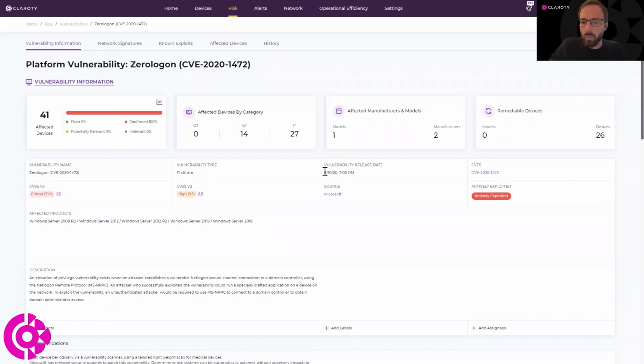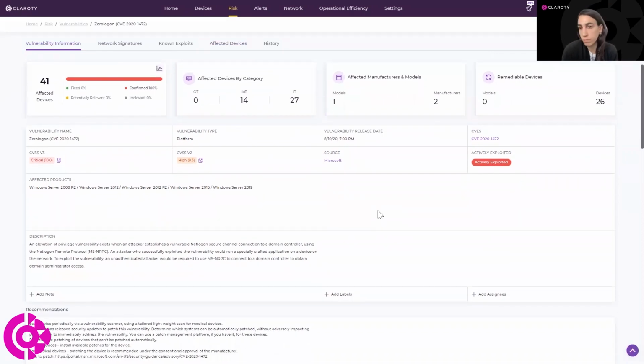So the first one is, how do we know that a vulnerability is actively exploited? I will take this one. So as I mentioned, actively exploited is an enrichment feed we bring from the CISA catalog, meaning this is